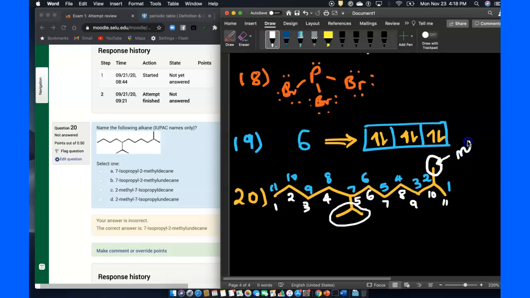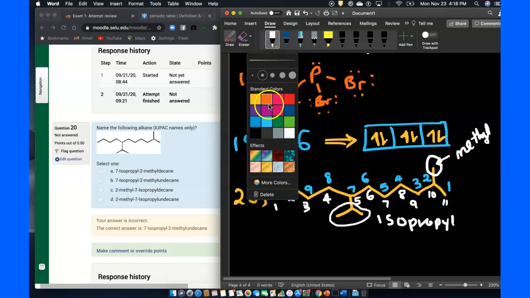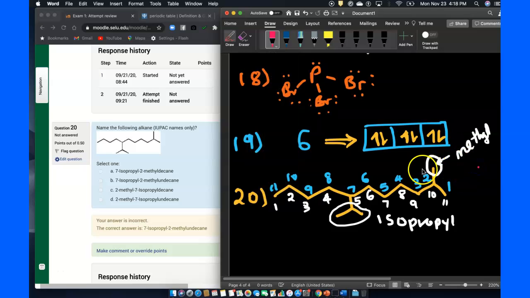I do have a methyl, and this other substituent here is called isopropyl. So the rule is you have to give your substituents the least locant position possible. In which case, I would rather, you see,